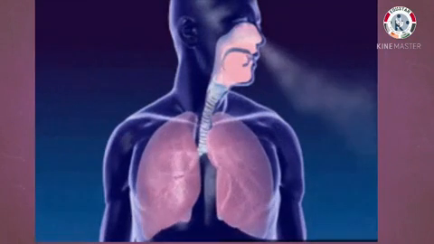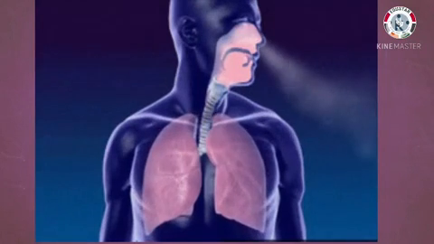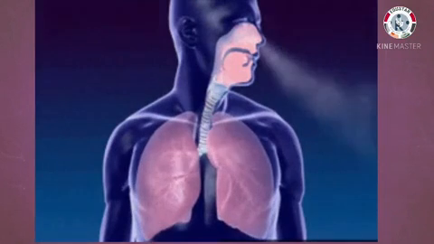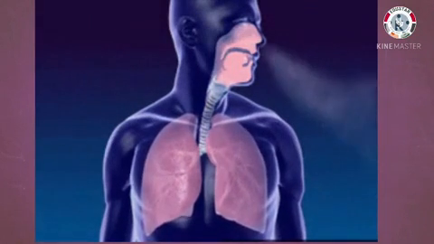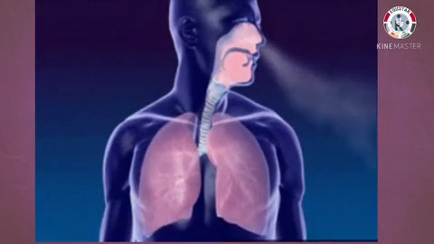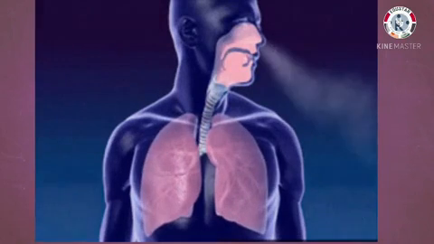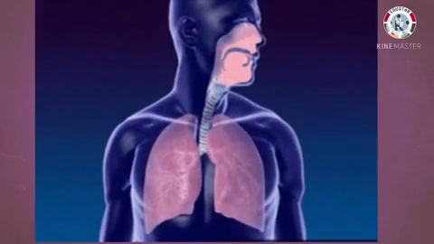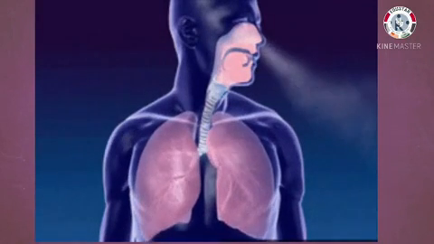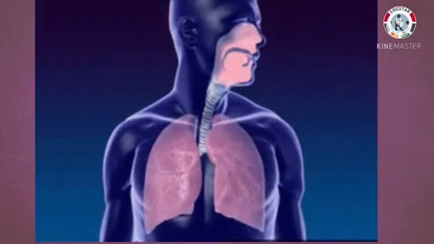Next, respiratory system. The respiratory system is our breathing system. We need to breathe to live. We breathe in air containing oxygen through our nose. The air from the nose goes down the windpipe. From the windpipe, air reaches the lungs. After the body has used the oxygen from the air, it gives out carbon dioxide as waste. The carbon dioxide is thrown out through the nose when we breathe out.